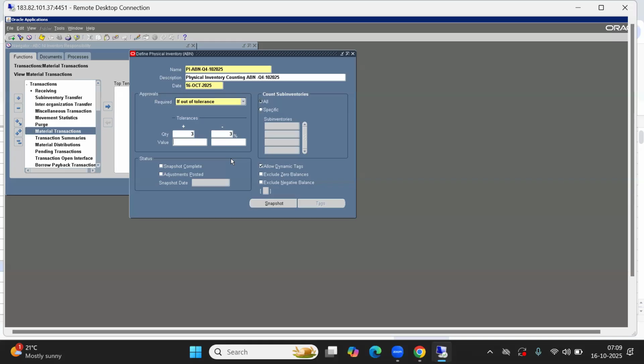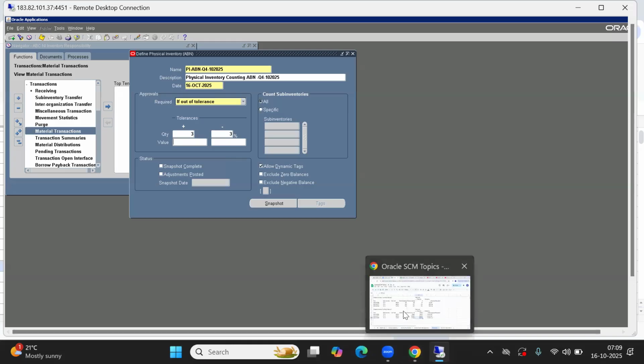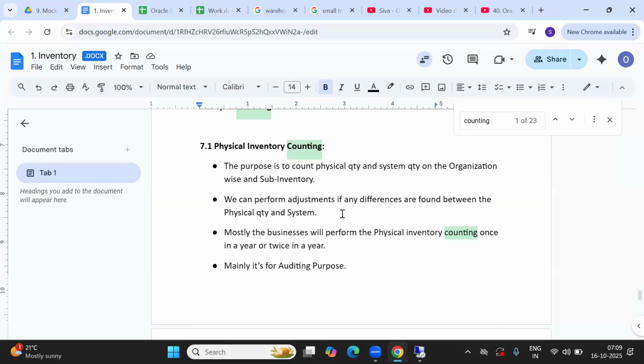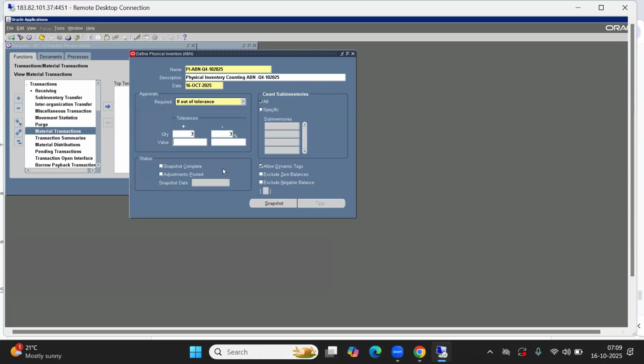For example, I ask what is physical inventory counting. After you listen to everything, you can write 3 to 4 points on what purpose we do physical inventory counting, the same way as the points which we have here. In the same way, you can make your own after you listen and after you practice, I'm saying. Not before practice. Just listening to the class and preparing will not help.